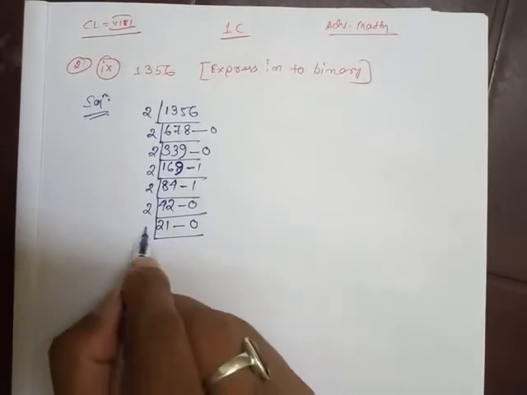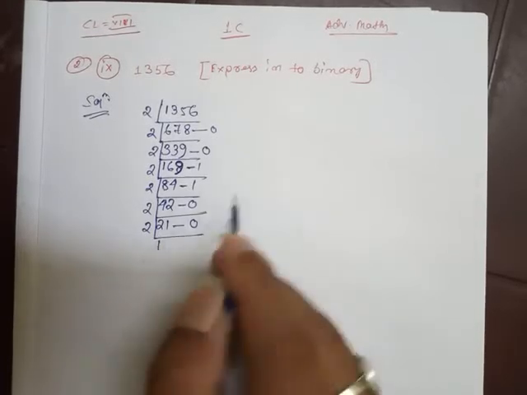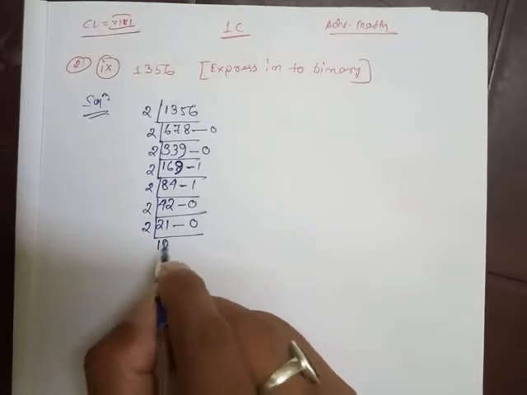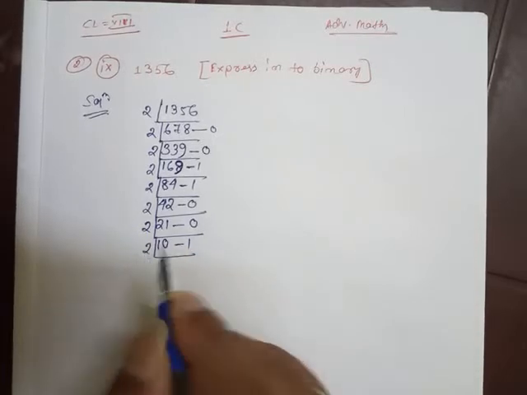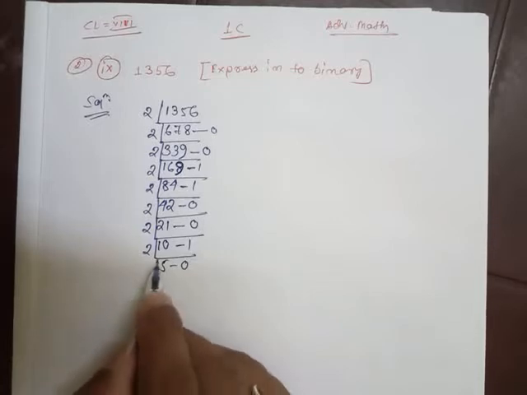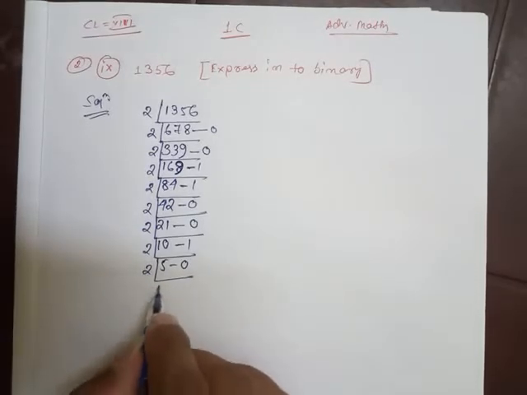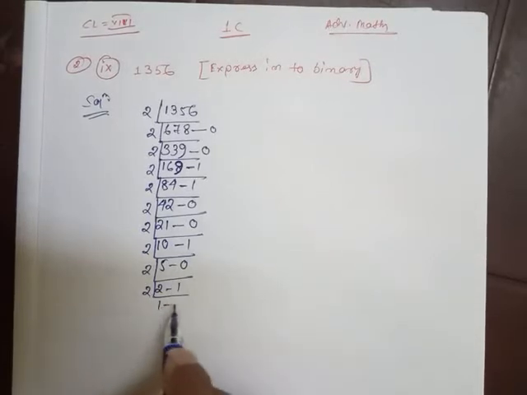Now again the division with 2 only, 2 1s are 2, now 1 cannot be divisible by 2, so we'll put here 0, means 10, 5 2s are 10, remainder is 1. Again go for the division with 2, 5 2s are 10, remainder is 0. Now look students, the further step is to divide the 5 by 2, which means 2 2s are 4, remainder is 1, and again divide by 2, 2 1s are 2, remainder is 0.